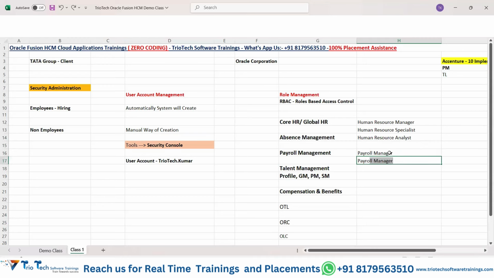Payroll manager, payroll administrator, okay, like that. Then if you go to the compensation management team or benefits team, we have something like compensation manager or compensation administrator, right team? Then if you go to ORC, Oracle Recruiting Cloud, we have something like a recruiting specialist, okay, or